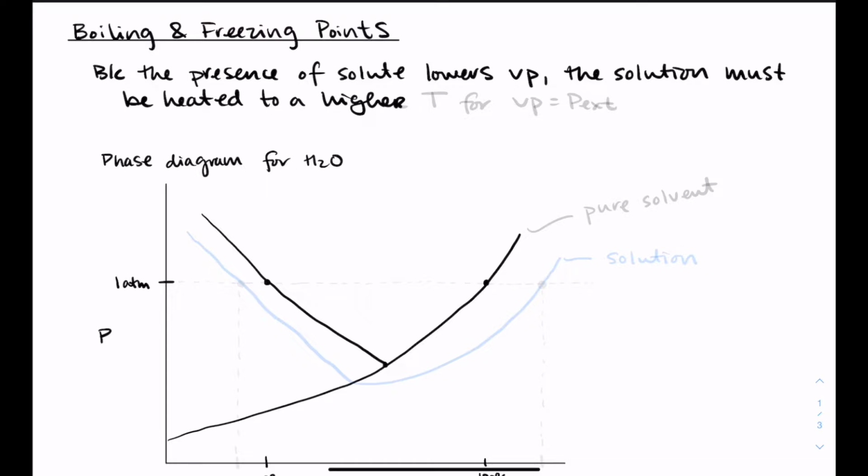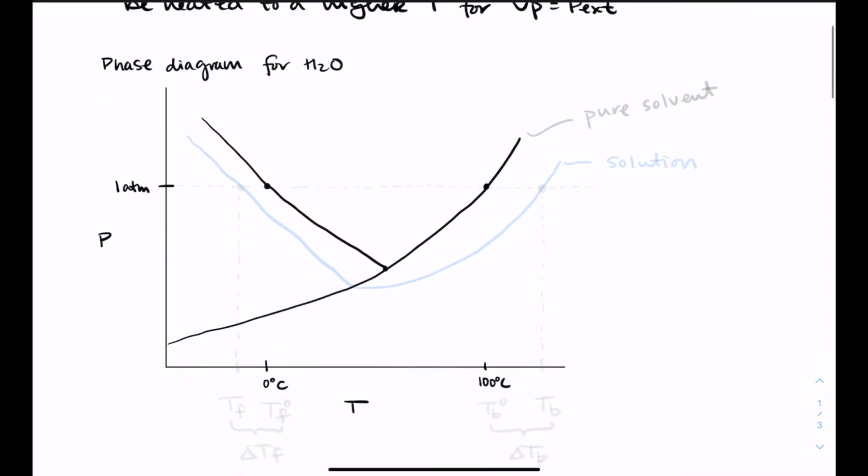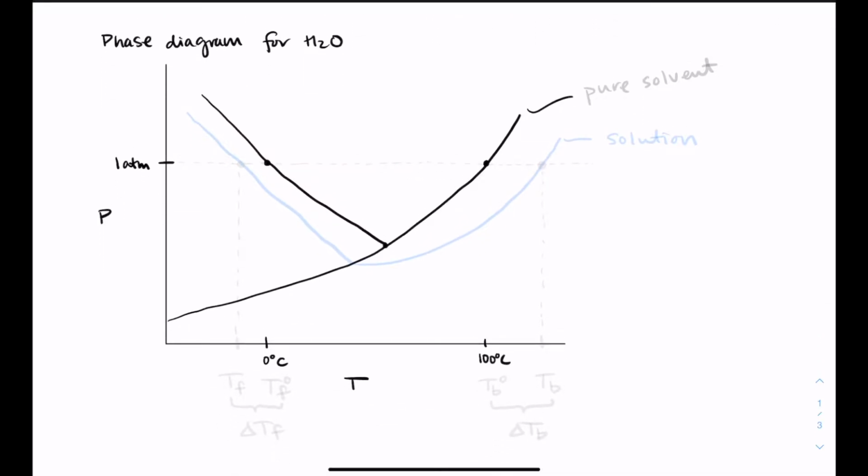By lowering the vapor pressure of the solution, what this really does is that it lowers my solid liquid and liquid vapor lines on the phase diagram. So my triple point gets lowered, and then I've got these new lines drawn. They're just lower on the diagram than they were for the pure solvent. So I've got pure solvent in black, solution in blue, and if you look where 1 atmosphere crosses these two lines,